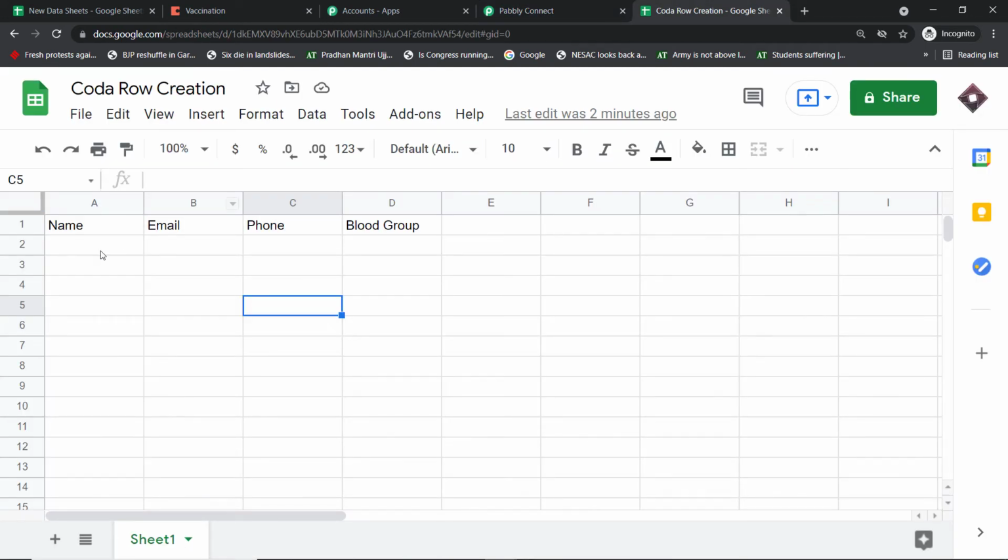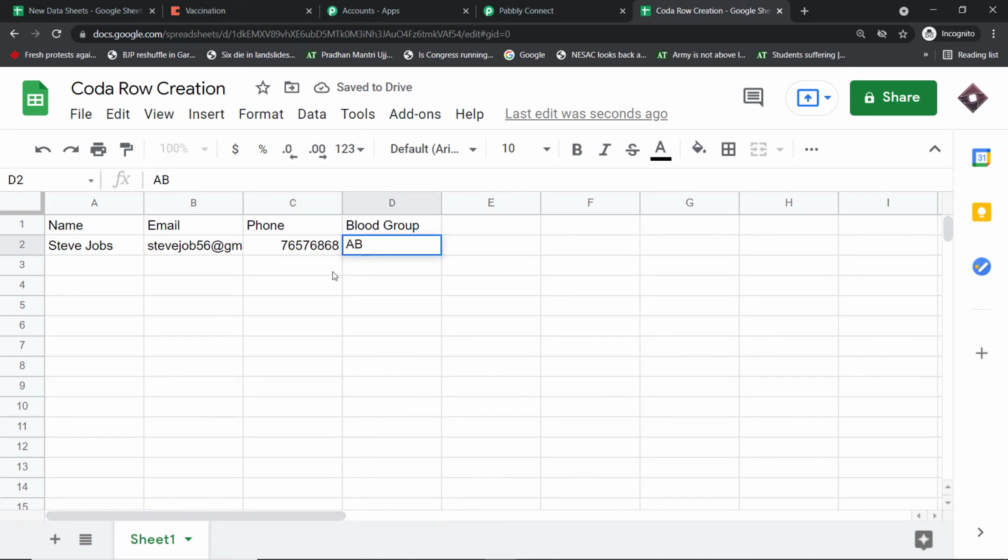So let us begin by entering some details. So we have a guy that's called Steve Jobs. Okay. This is the email address of Steve Jobs. I'm hoping that you haven't forgotten about Steve Jobs, a great visionary. Okay, and gmail.com. And this is the phone number of Steve Jobs, a bunch of random numbers. And this is the blood group of Steve Jobs, AB.